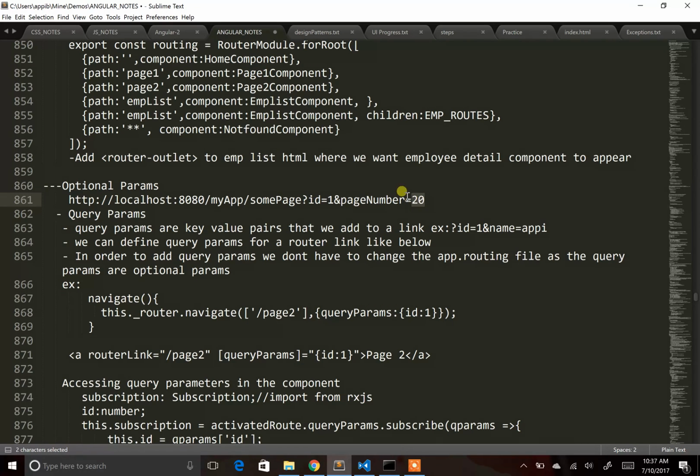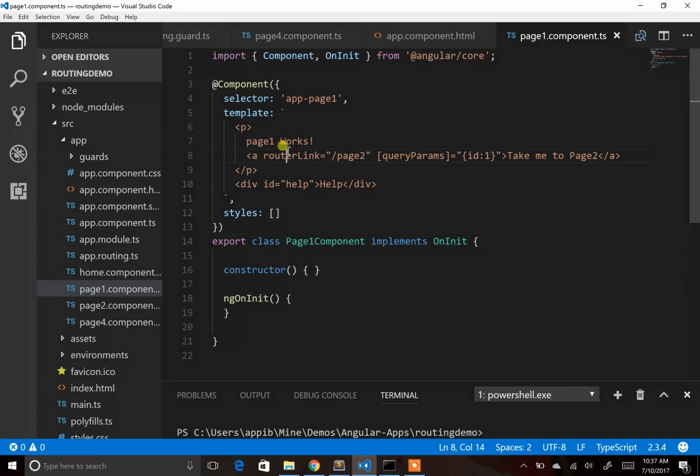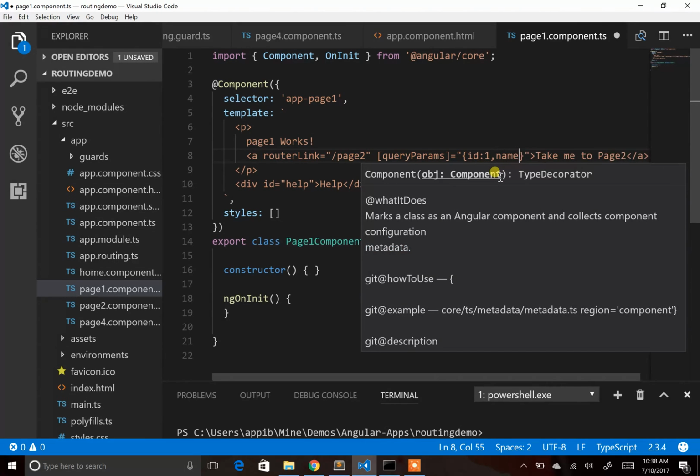If you want to add optional query parameters to your URLs, you don't have to change anything in your routing file. Wherever the link is generated, for example when I click on this link and my URL changes to page 2, this is how you add your query parameters. Use property binding notation and define queryParams equal to an object, which can have key-value pairs. Here id equal to 1; you can put something else, like name equal to